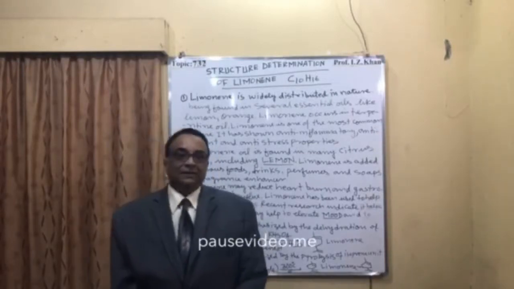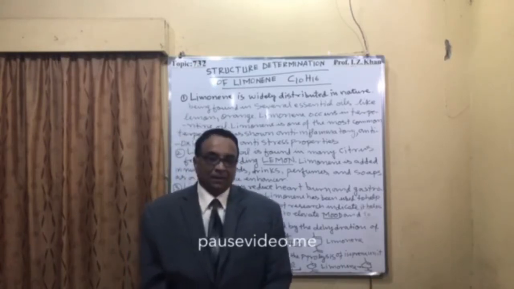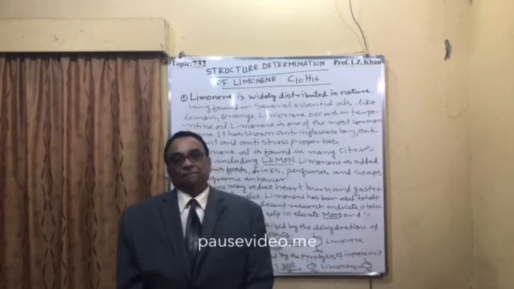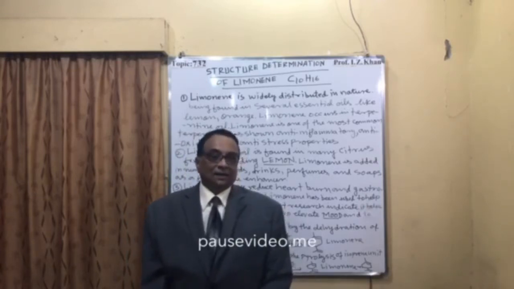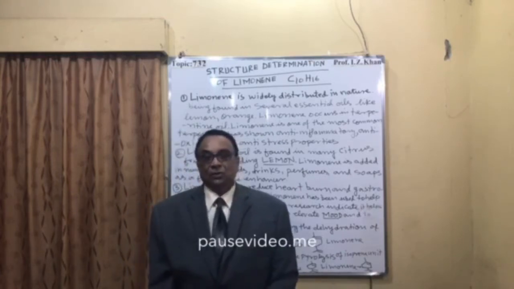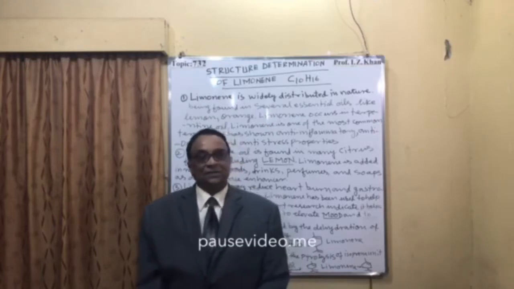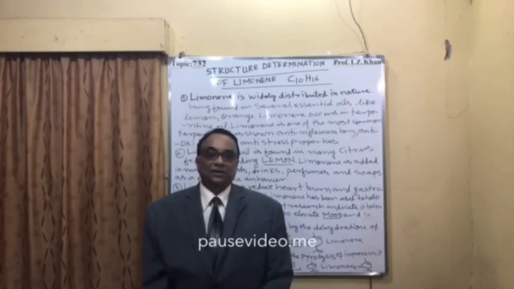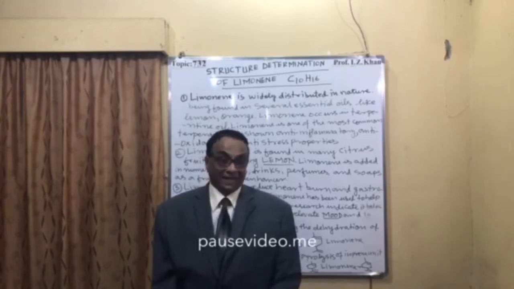Structural determination of limonene with molecular formula C10H16, and during discussion I have already told you that it has a lot of medicinal properties. And one more thing, nowadays it is widely used to treat gallbladder stone, for those who have the tendency of getting gallstones. So this limonene is given because it has a great tendency of dissolving all those salts and can flush out gallstones. And also it is nowadays widely used to reduce obesity or extra weight.